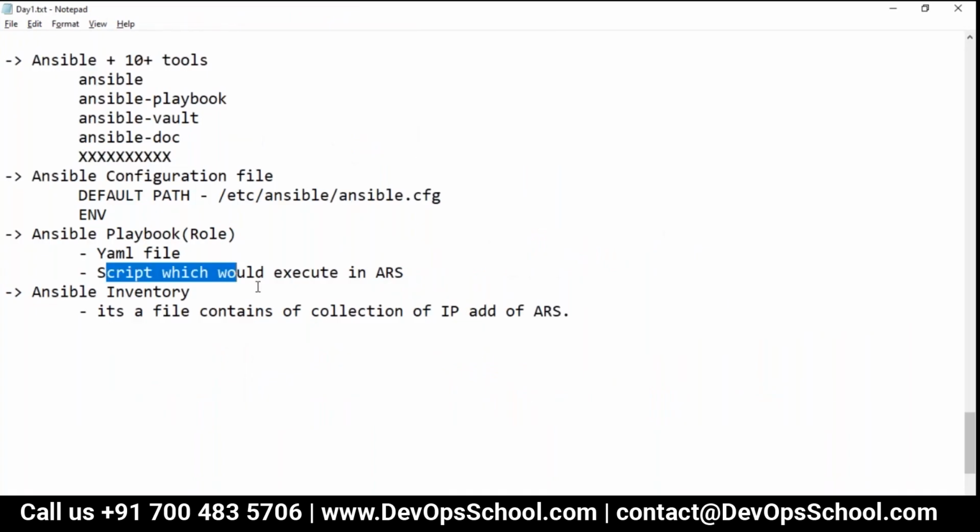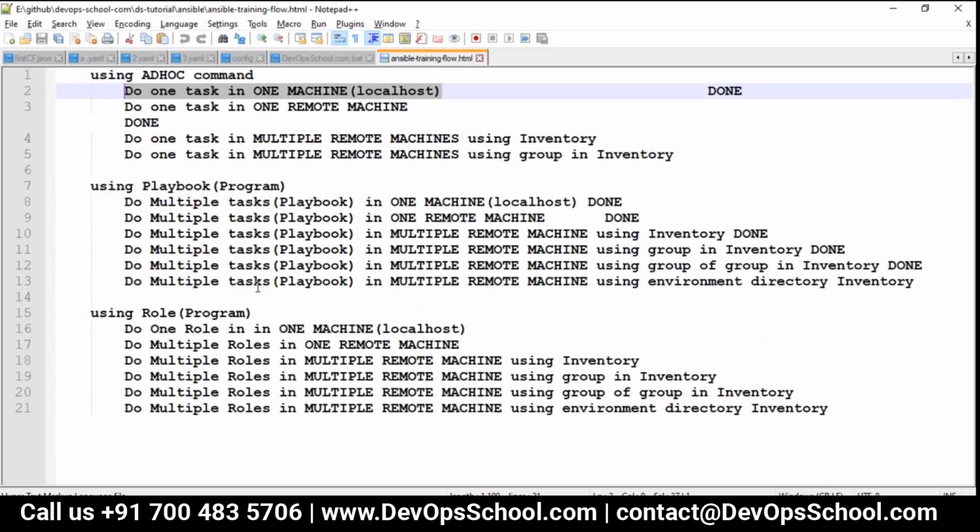Okay, but you know one thing, before writing a script, I think most of you are very familiar with Linux commands. So when you write a bash script, before you put the command in the bash script, don't you run it manually first and check whether it's working fine or not? And if it is working fine, then you put it in the bash script. Don't you do that, all of you? Yes. Right, guys? Correct?